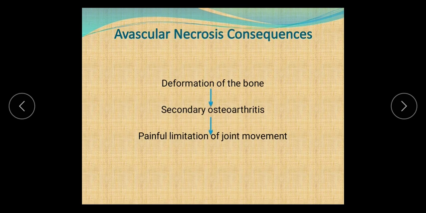What are the consequences of this AVN? Once there is AVN, it deforms the bone, there is collapse, and this leads to secondary osteoarthritis. Because of the altered or abnormal biomechanics, the cartilage gets worn off fast. So, secondary osteoarthritis occurs even in young age group. If it occurs in elderly because of degenerative, it is called as primary osteoarthritis. Once this has set in, there will be a lot of pain in the joints and there will be limitation of joint movements.